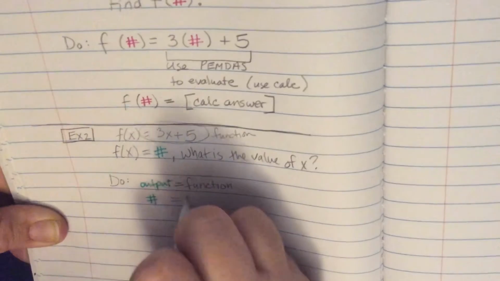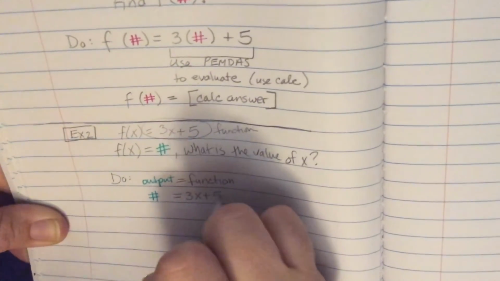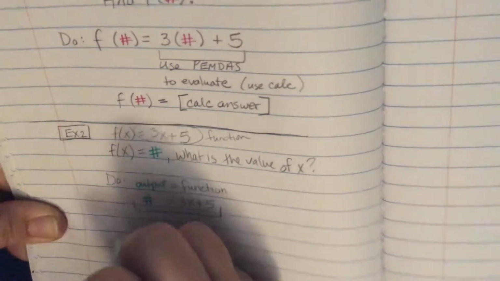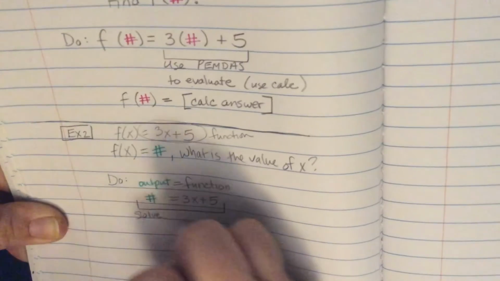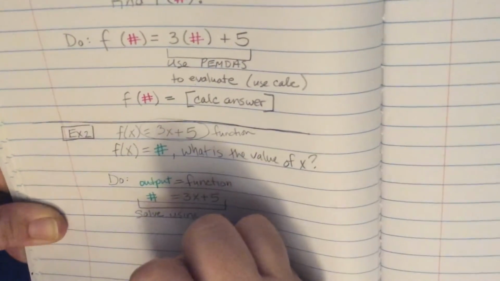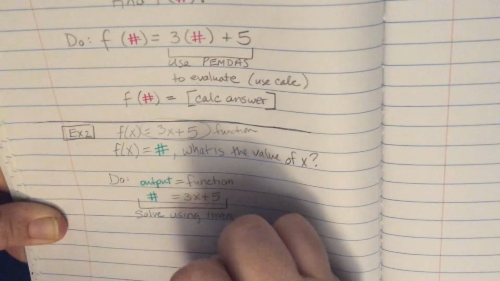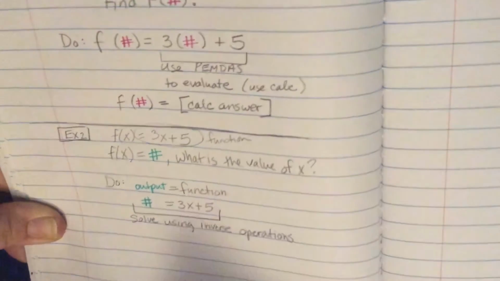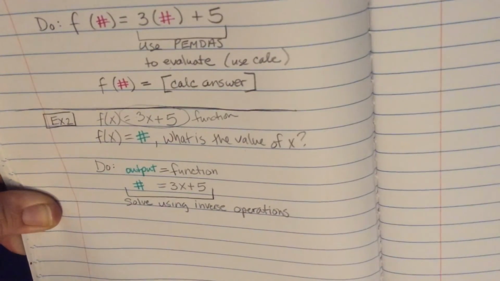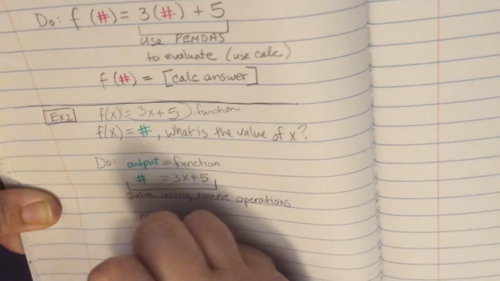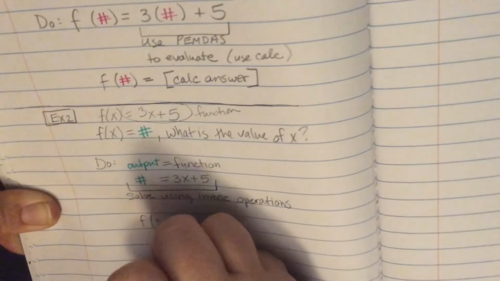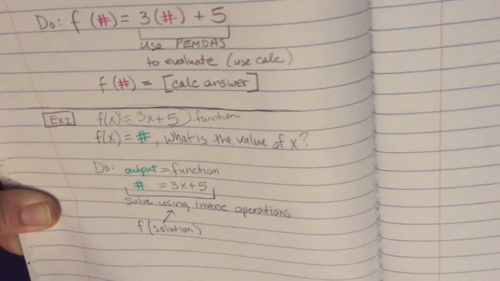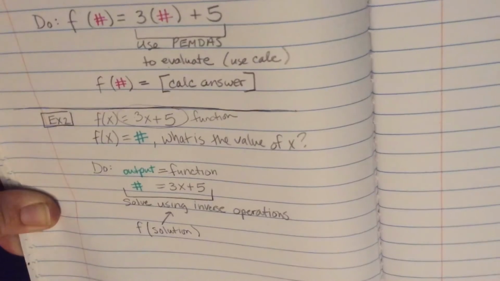So that number is equal to 3x plus 5. Then I'm going to take this equation that I just made and solve it using inverse operations. And then my answer is going to be f of my solution that I get from solving it equals whatever number